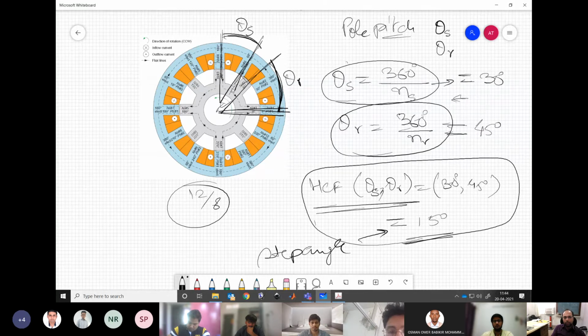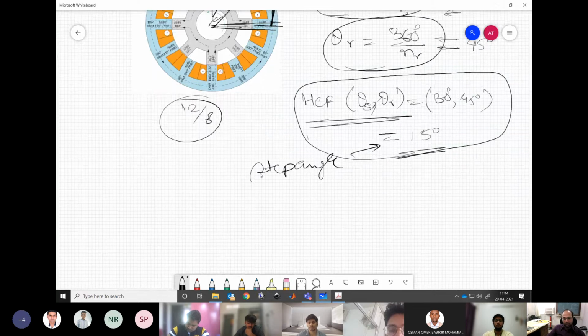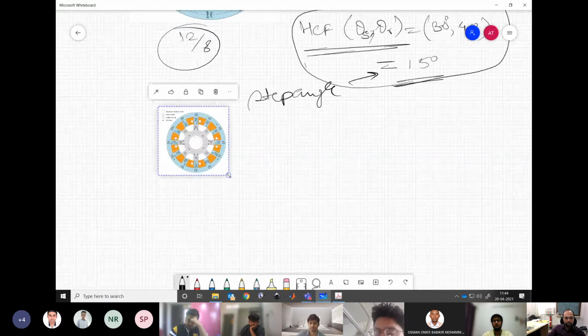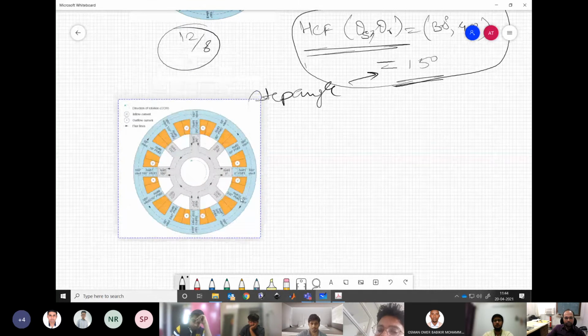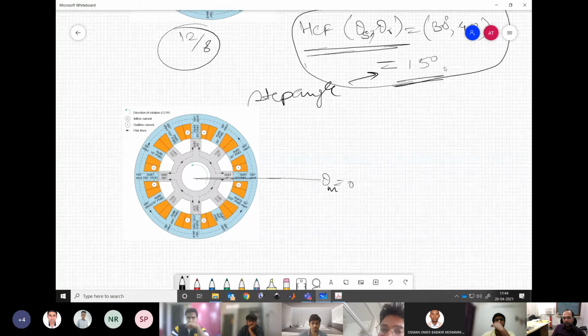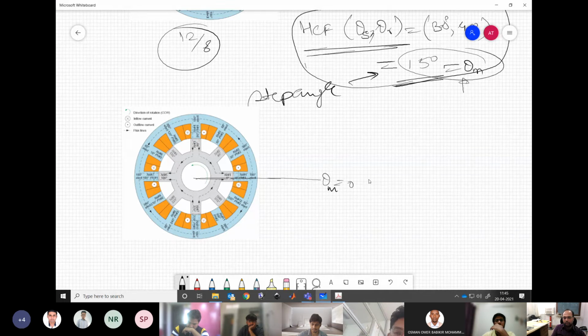So of course, if you see carefully, let me draw this again. You will be able to visualize why I am saying this. Say this is your theta equal to 0° position. I am talking about mechanical angle, don't confuse it with electrical. This is theta mechanical 15°. This is theta equal to 0° position and it is aligned over here.